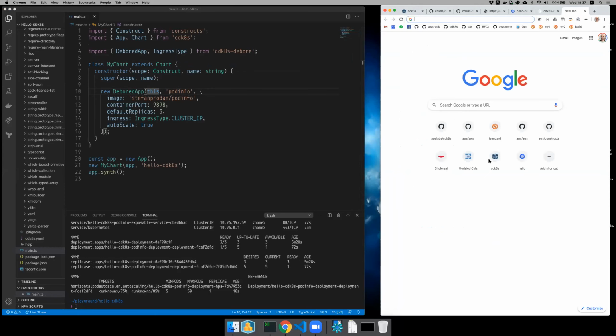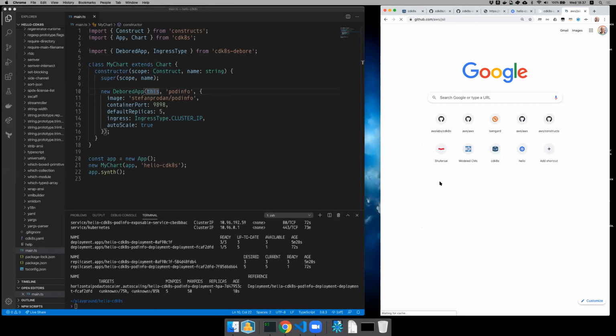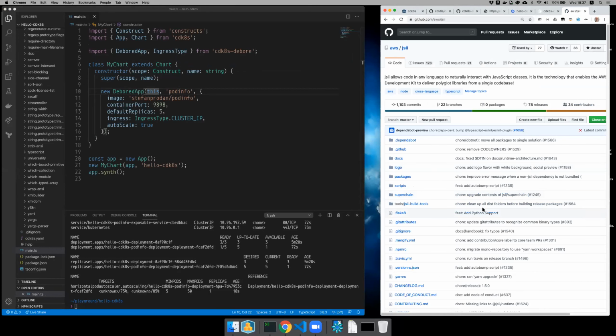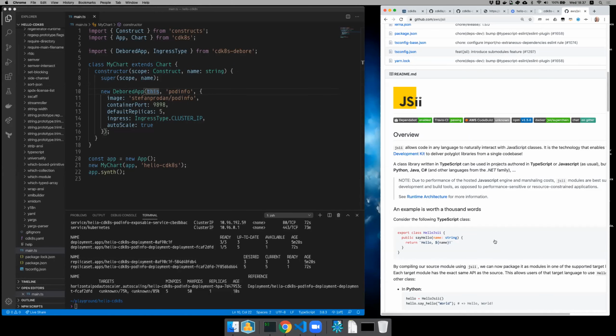So let me show you this project called JSII. I won't get into the deep details of it. It's something that we built as part of the AWS CDK in the past 3 years. But basically JSII is a technology that allows us to take a library written in TypeScript, which is the source language for JSII, and package it as a library in every one of the supported programming languages.